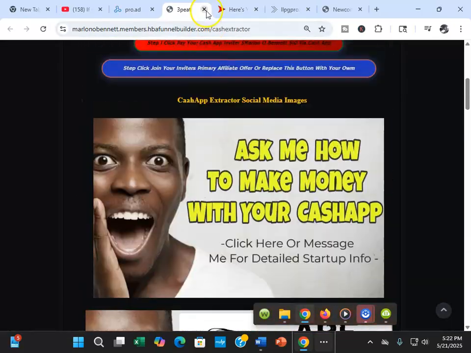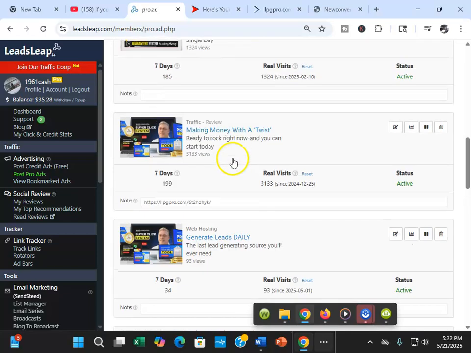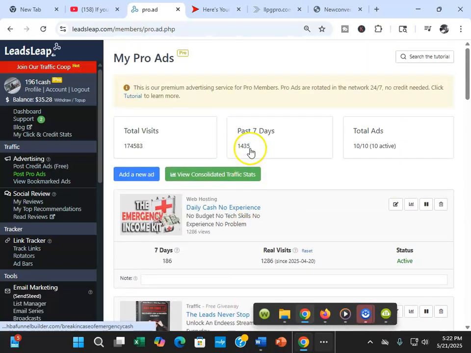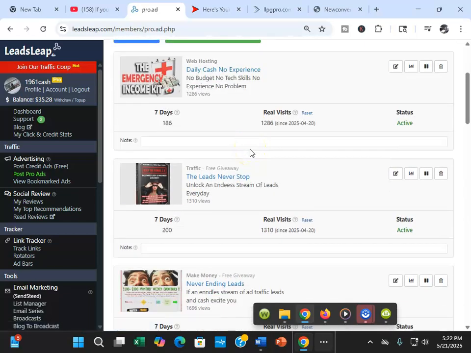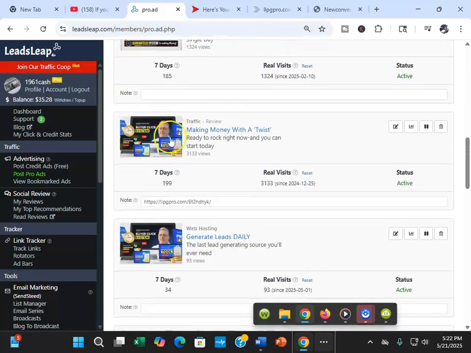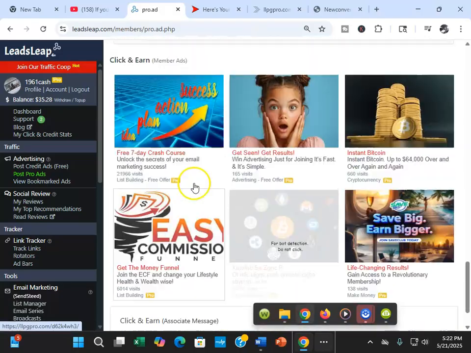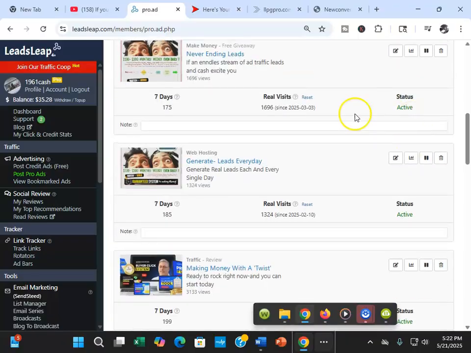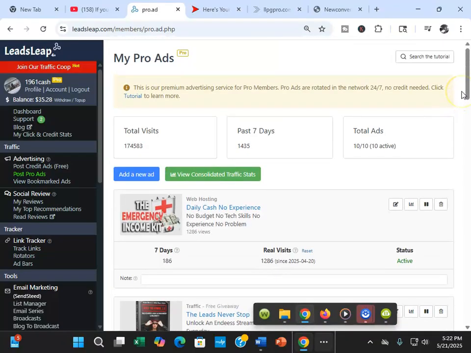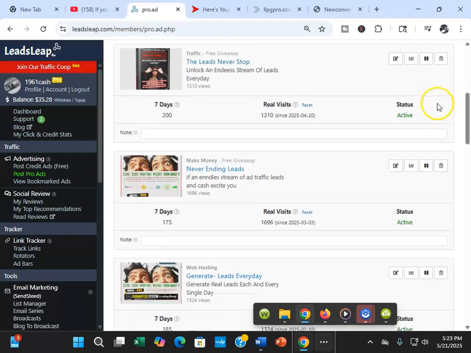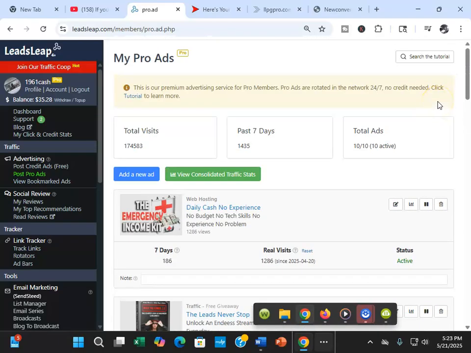Okay, so what's the point? The point is you can advertise for free, and you have nothing to lose. As an upgraded member, you can put 10 of these inside of your Leads Leap membership. And people are all over this platform, guys. If you join, get inside your member area, guys, and see everything that's going on, right? There's a lot going on inside of Leads Leap because people are logging into this platform every single day. Correct me if I'm wrong, guys.